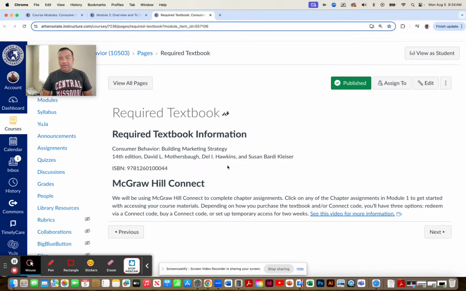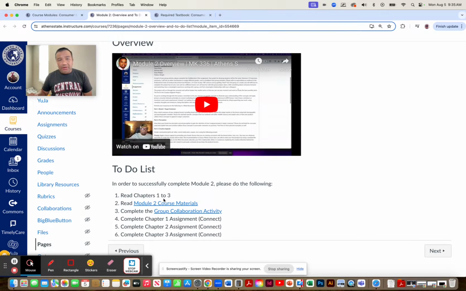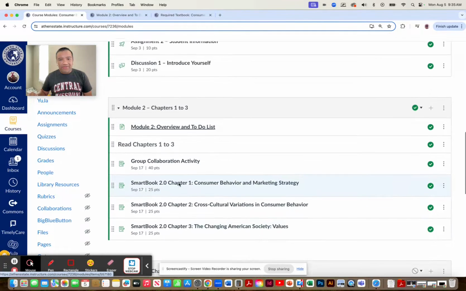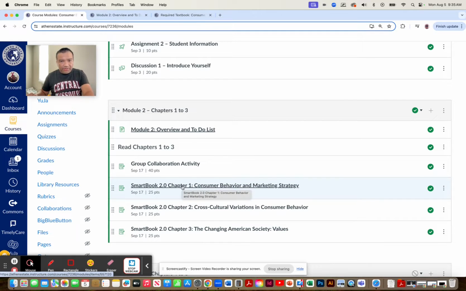And for this semester, we will have chapter assignments. So each chapter reading will have an assignment that you'll complete via Connect. And Connect, well, I'll just let you read the information on how to access that. And this is related to this whole idea of chapter readings because when you click on any one of these SmartBook assignments, so chapter 1, for example,